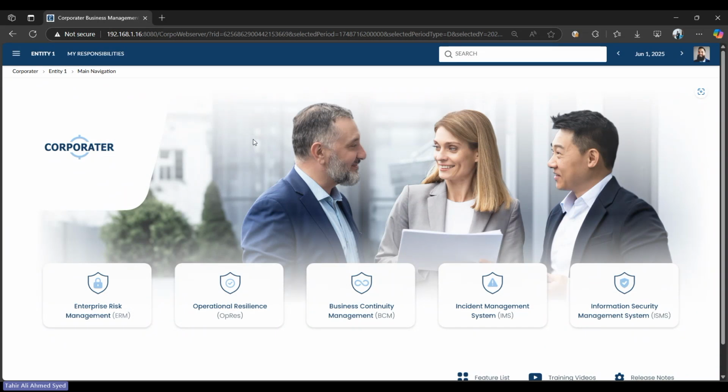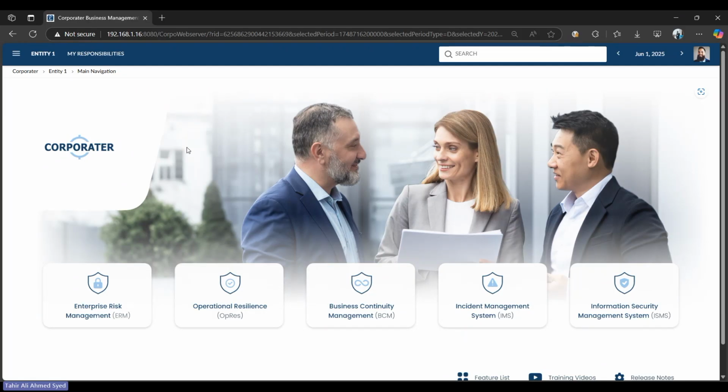It is a collaboration across multiple modules, be it risk management, business continuity, incident, compliance, all of them put together. Our vision as an organization is to bring all of these modules and processes together on one single screen so that you get a very good overview of the actual resilience posture of your company.